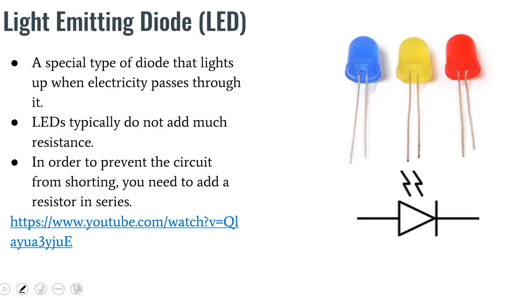A variation of diodes that you would use very much in many projects is what is called a light emitting diode. These basically have the properties of diodes in terms of one directional electric flow, but in addition, when the electricity passes through them, they will light up, in the particular color of the LED. So again, this can be used similar to a diode situation, but one of the main things to remember is